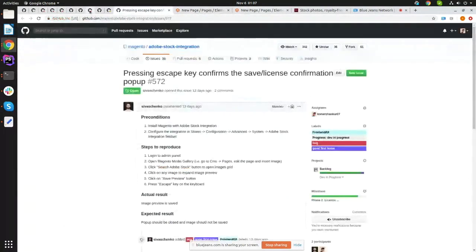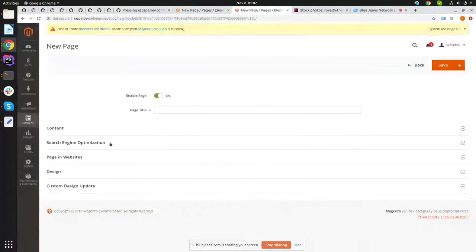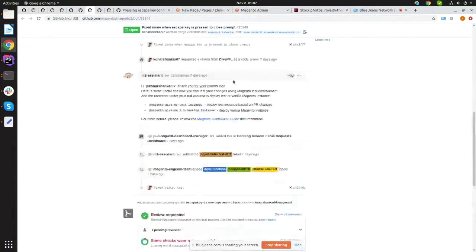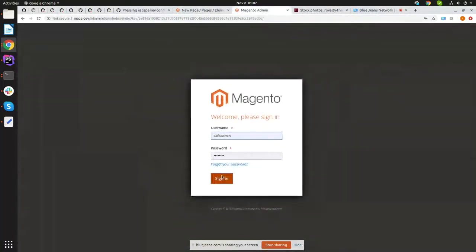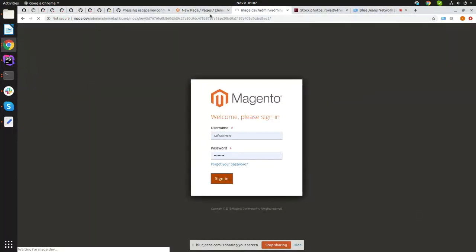So I have created the PR in the Magento repository, and I have fixed it. It just needs to be reviewed and merged into Magento. So we will fix this issue. I have just fixed it over here. I found this issue in the Magento